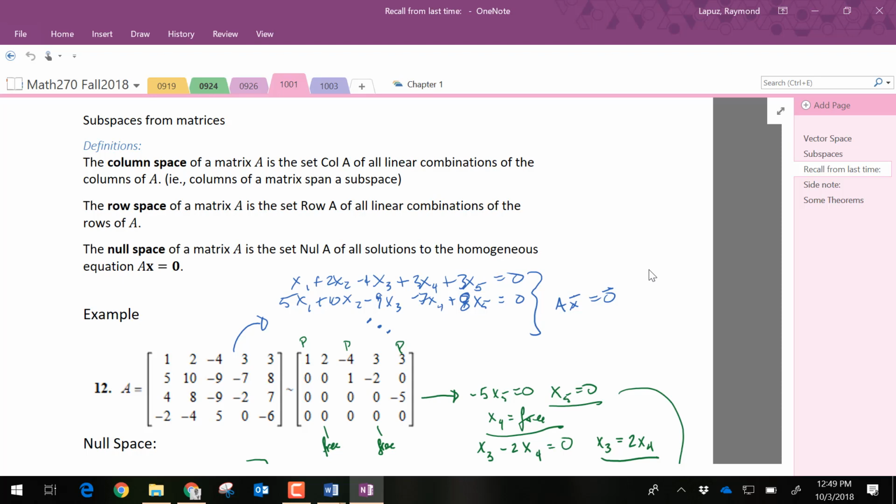A column space is essentially the subspace that's spanned by the columns of a matrix. A row space is essentially a subspace that's spanned by the rows of a matrix, and the null space is